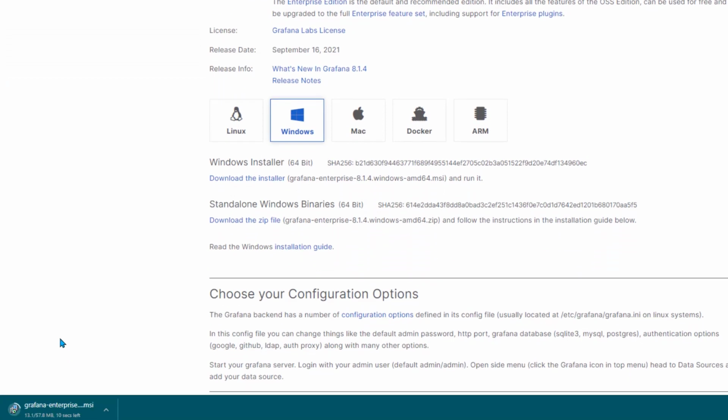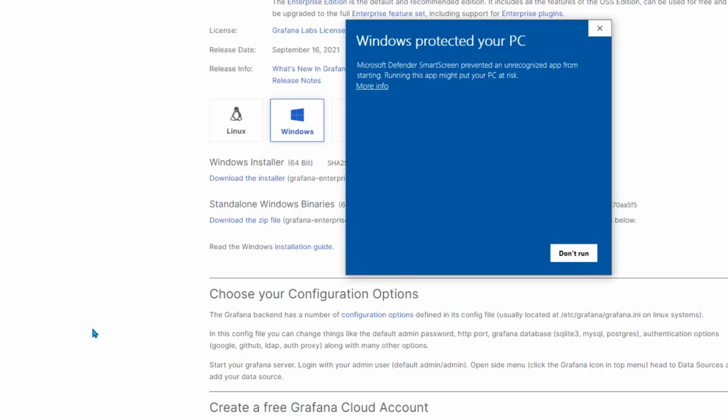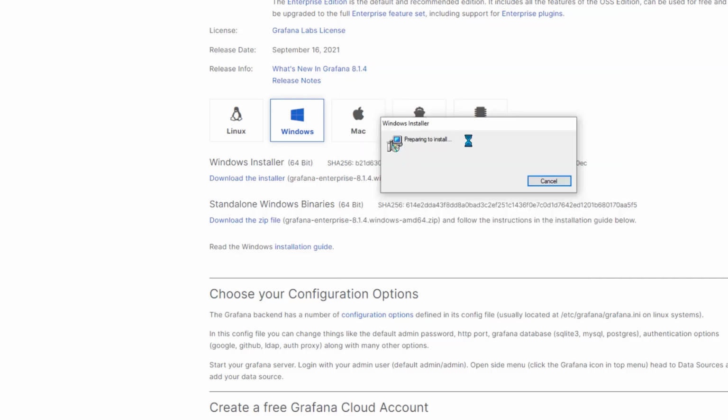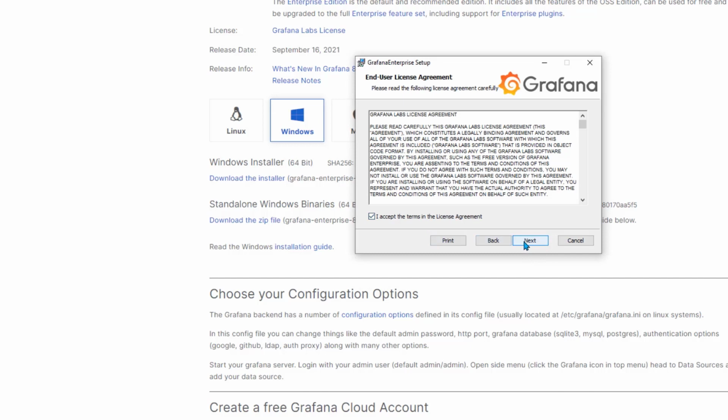Software is going to get downloaded. It is probably going to take just a few seconds because the software size is very small, and once it gets downloaded, we are just going to click on it in order for installation to begin. Now if you have some software or any antivirus installed, it may try to block the software from installation. In that case you can just click on more info, and then you can click on run anyway. And now you can see installation has begun, and we just need to select next, accept the license agreement,